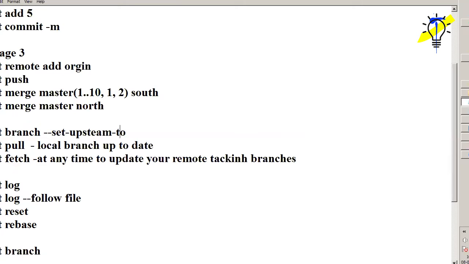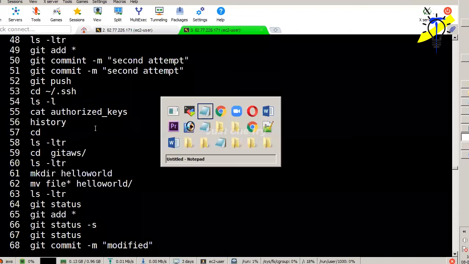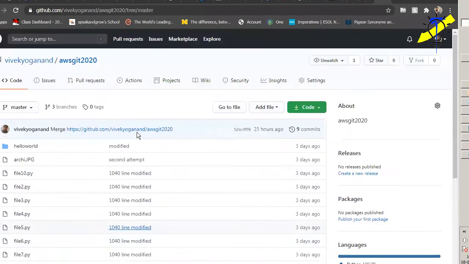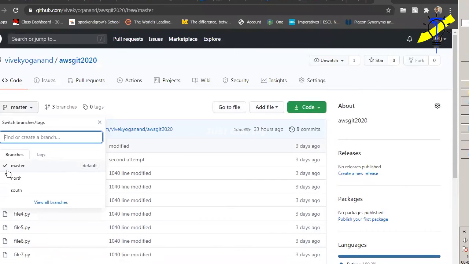If you want to pull that particular branch, you have to mention the south. After execution of this command, you have to push it, and later when you try to pull that particular branch, it will work. By default, only master will be there.